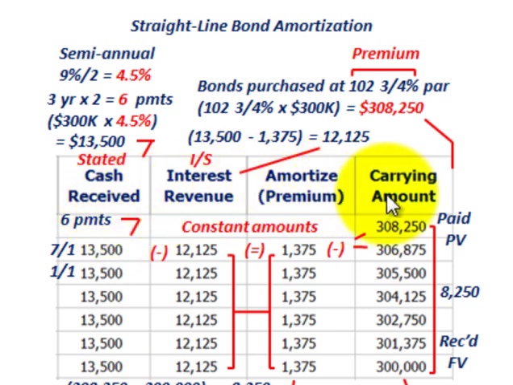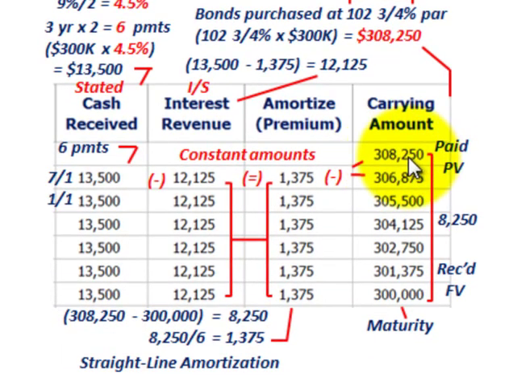So now let's go over and look at the carrying amount of the bond here. This is where we start out with what we paid for it. Well, let's go up and calculate that. The bonds were purchased at 102 3/4%. Take that times the $300,000 and you're going to get $308,250. I think we calculated that, but if we didn't, that's what we paid for it, and that's what we start out with, and we have to amortize that down to its maturity value of $300,000,